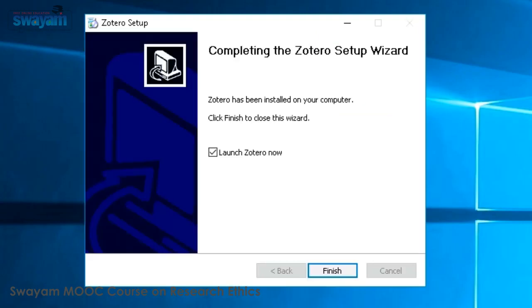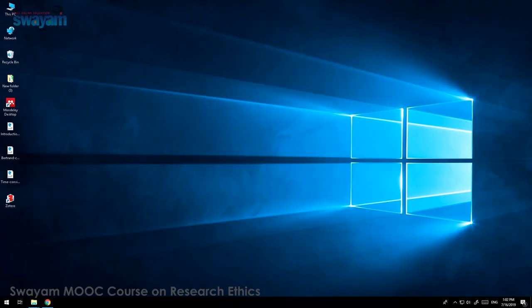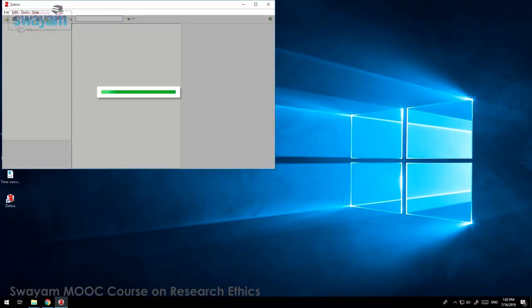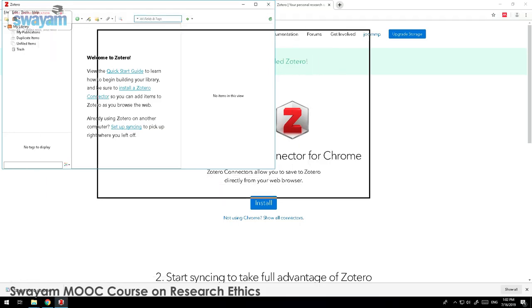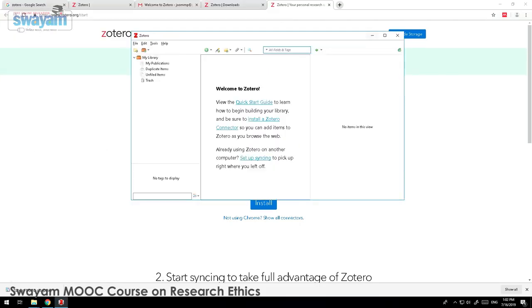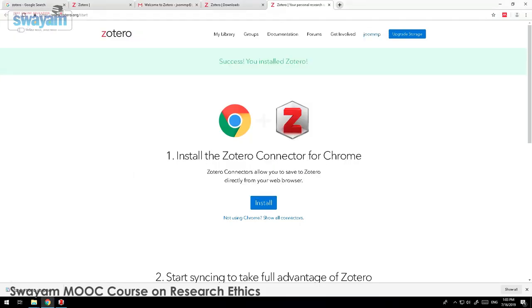Within a few moments it will get installed. Now just click on finish. As soon as you click on finish, Zotero will open the desktop version, as you can see here, and it will also open the Zotero.org website stating that Zotero was successfully installed.